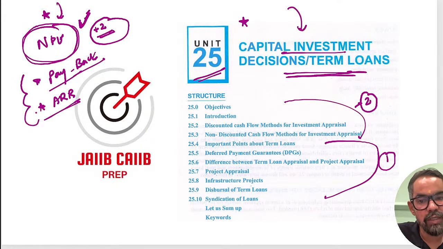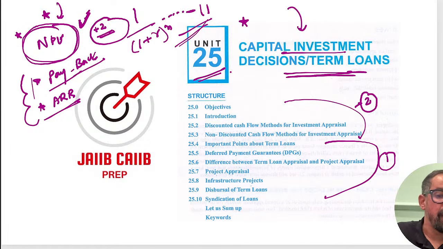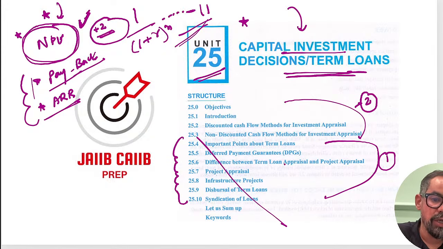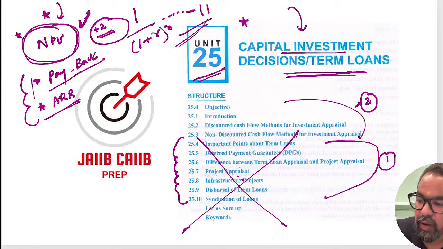The only fight is this, and this is not a fight, very simple: inflow divided by (1 plus r) to the power n for first year, second year, third year, minus initial investment. That's it guys, right? And this is completely theoretical. Even if you do not study this particular portion, you are already studying it in your PPB, and a day before you will be going for the PPB, so that will help you. Calculation is easy but differences, okay Mansi ma'am, let's come to the calculation part now, right?